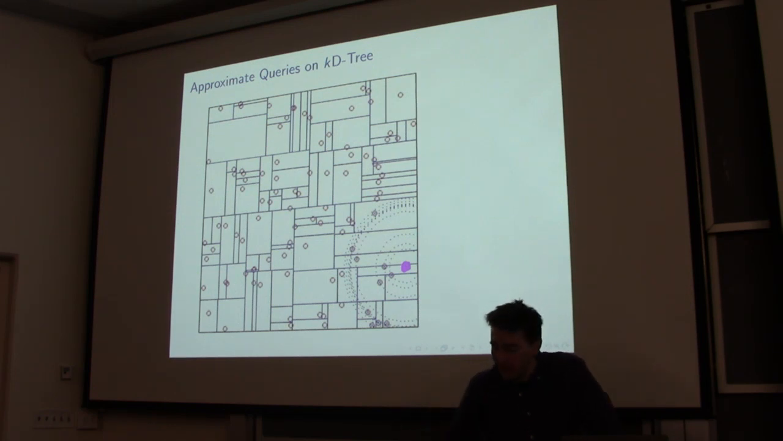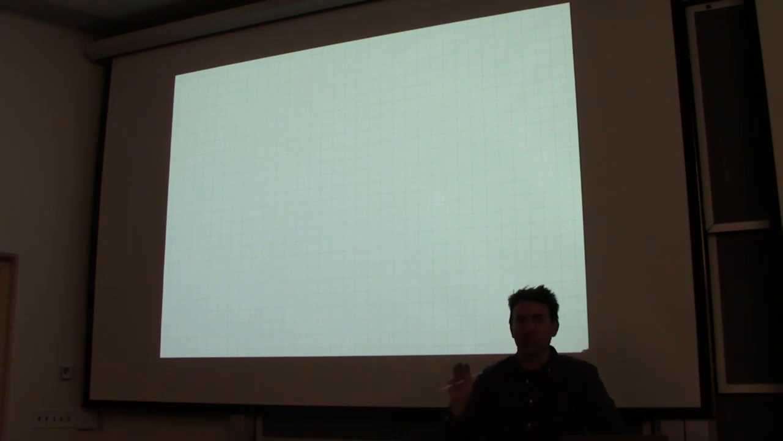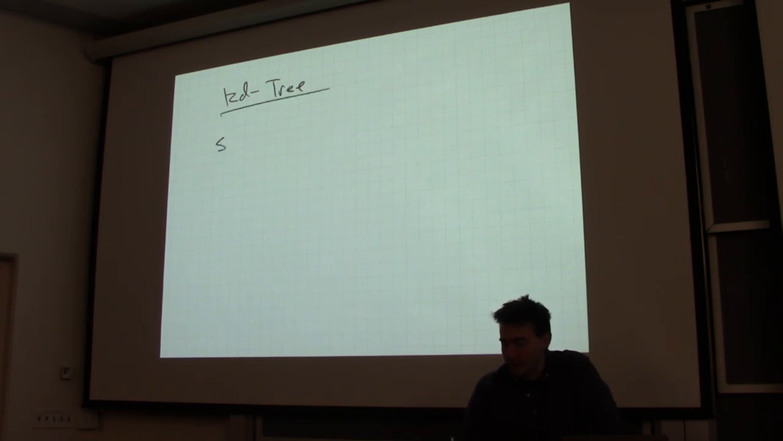Okay, so I want to make 1 or 2 more points, and then we're going to move on to the ethics part. Okay, so this works up to about 10 dimensions. In higher dimensions, it really only works if your data is somehow structured in some way. But then you just change the KD tree slightly, and the idea is you split